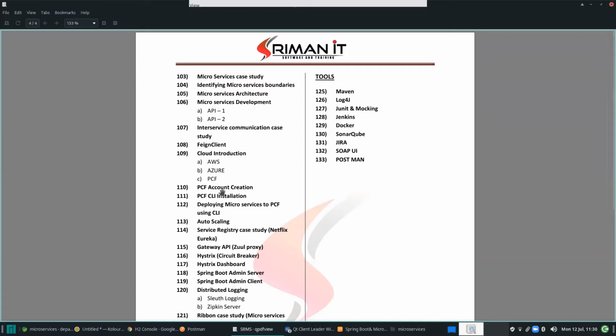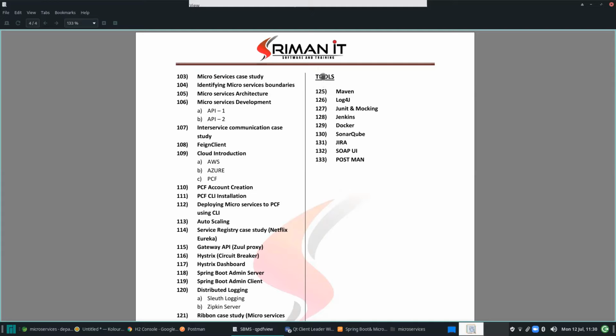In other institutes, maybe they will teach simple topics, but here we will see real world examples along with how you can scale it, how you can install it, how you can push into the cloud. All this stuff you will check.